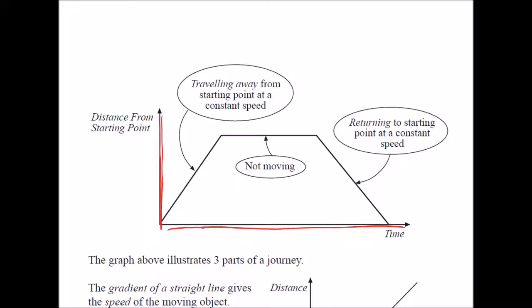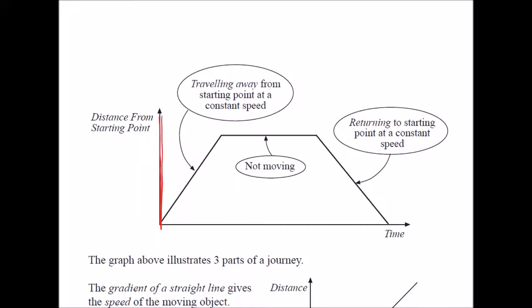It's quite interesting as we move along this diagonal line. That is moving away from an original starting point, isn't it? As time moves across, we're going up, we're covering distance. So the steepness of the line represents the speed. The steeper the line, the faster we're moving, the faster we're getting to that distance away